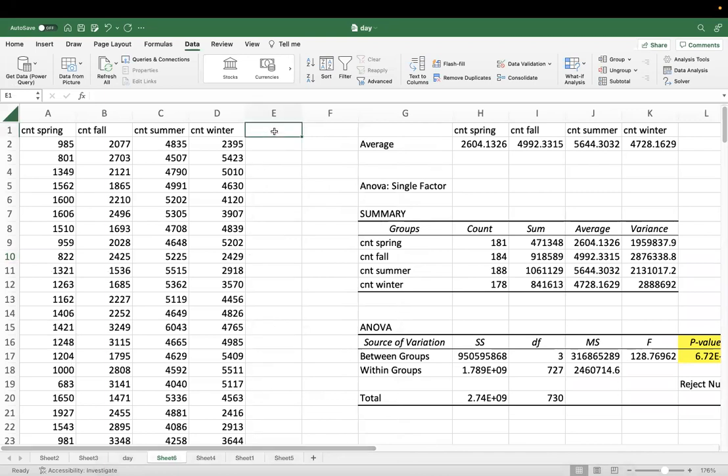Take for example, SS between is equal to open bracket x minus mean whole square plus open bracket